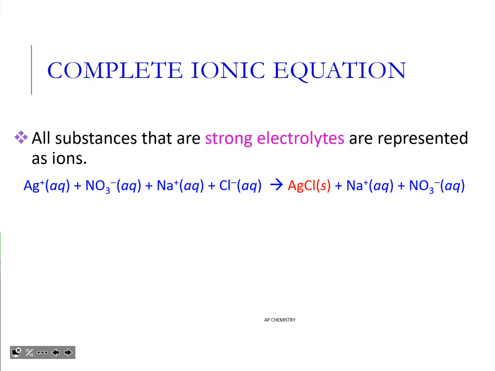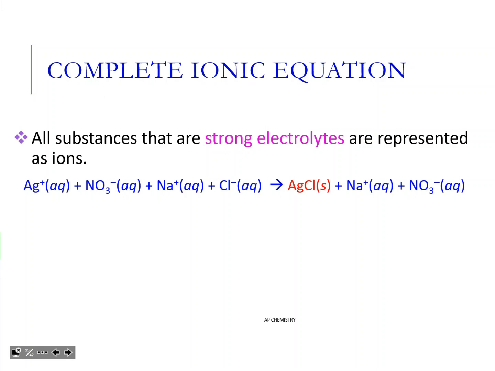So all substances that are strong electrolytes are represented as ions. Strong electrolytes, of course, are ones that are in ionic form in the water, separated. They can conduct electricity. So strong electrolytes have the charges, and they can conduct the electricity. That's because they're separated and in their ion form. So if you're looking back at the original equation, our regular molecular one for our silver nitrate and our